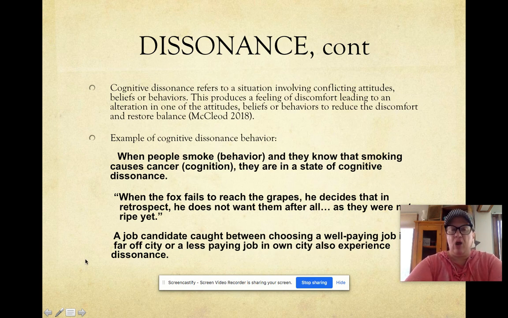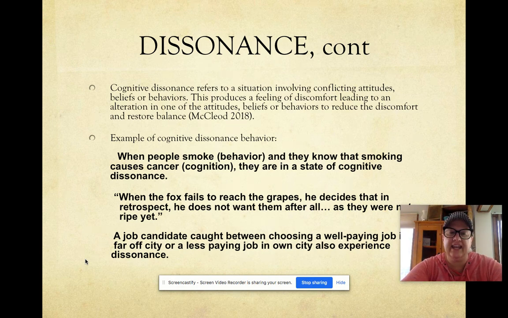When people smoke, that's the behavior, and they know that smoking causes cancer, that's your cognition, your brain, they are in a state of cognitive dissonance because they do it anyway. When the fox fails to reach the grapes, he decides that, in retrospect, he doesn't want them after all because they weren't ripe, making an excuse. Oh, I didn't want that anyway, okay?